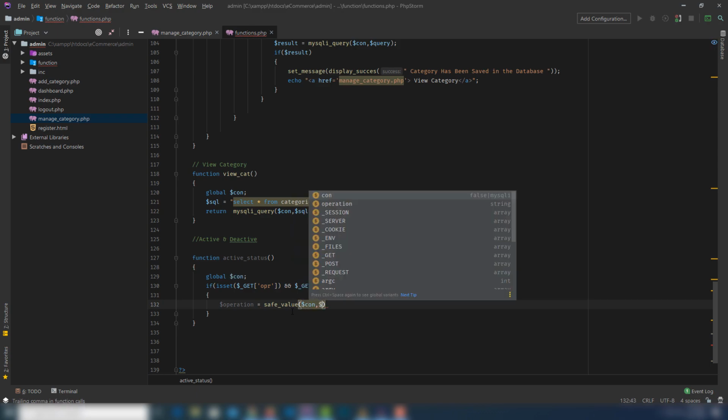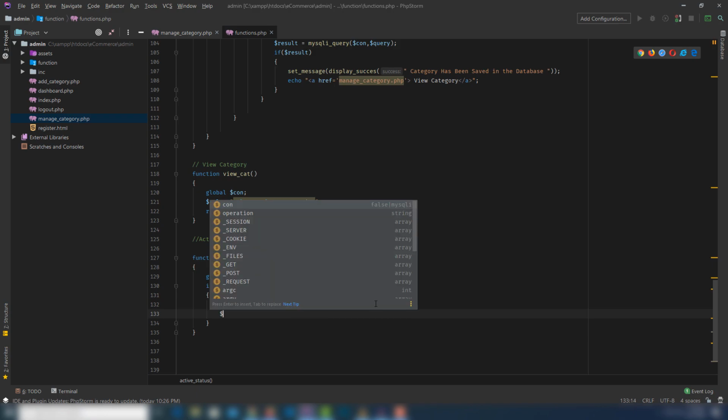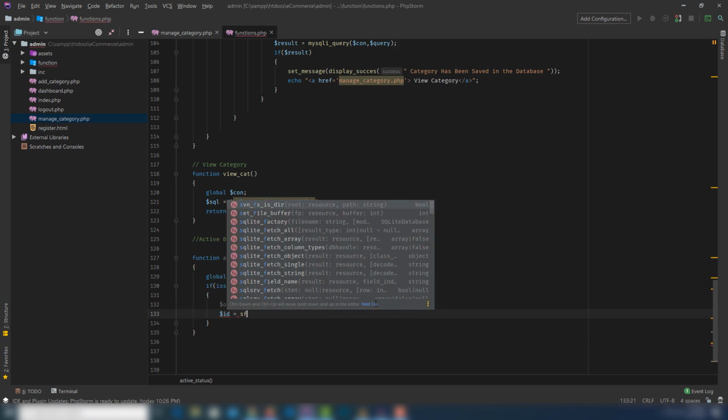pass parameter 1, get and OPR, right? This is a function we have made. The purpose of this function is to help you get the complete string value, right? You know, we have made that. Now this is the get connection variable, and this is a get super global variable, and this is the get variable name. Now the second one we need to write